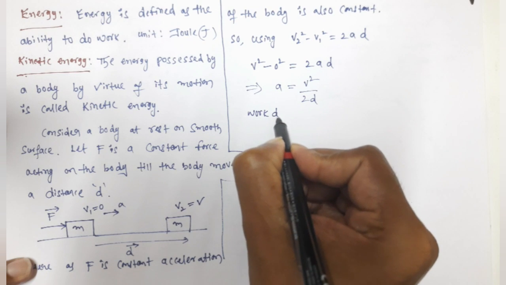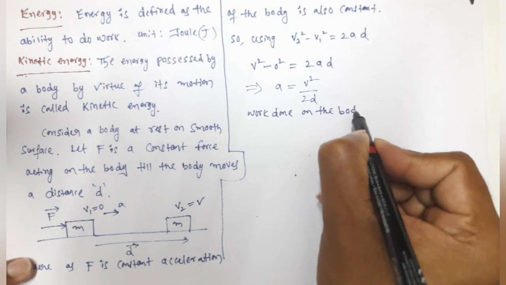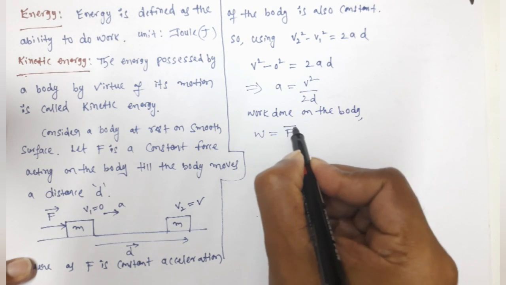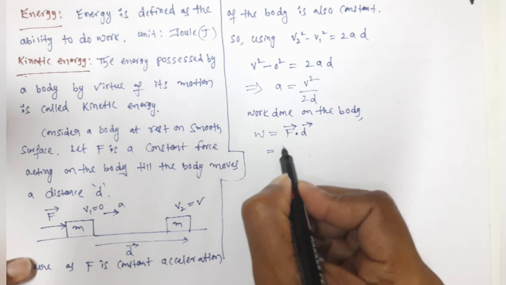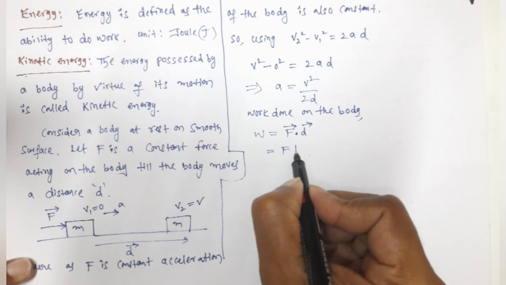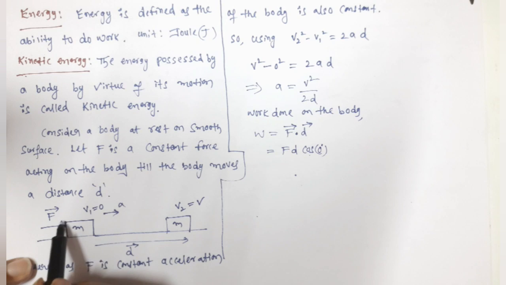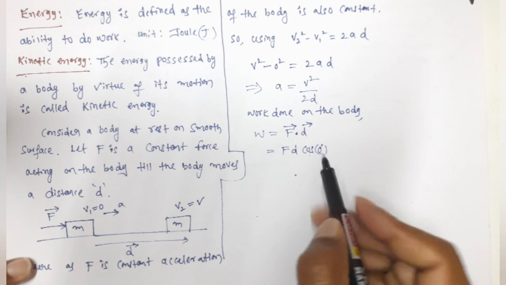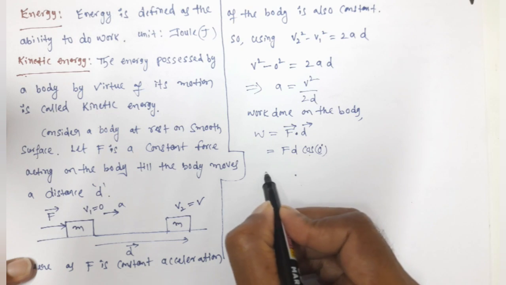Work done on the body. So work done is equal to, how do we write the equation, guys? It is the scalar product of force and displacement. So F into, of course, you can add vector here and magnitude, or simply F into d into cos of the angle between the two vectors. Here, F and displacement both are in the same direction, so the angle between F and d is 0. So you can write F into d. But what is F, guys?